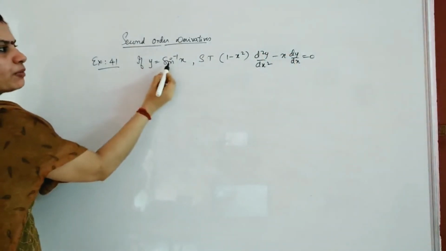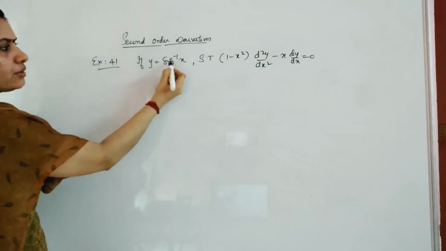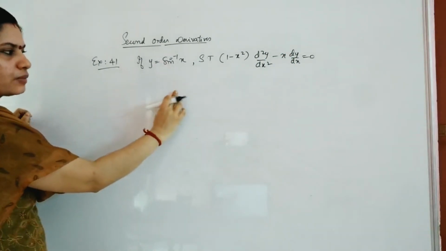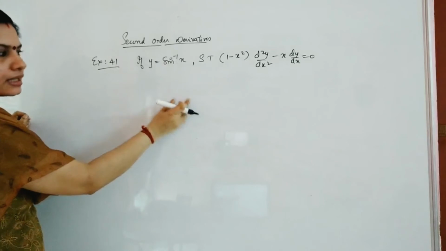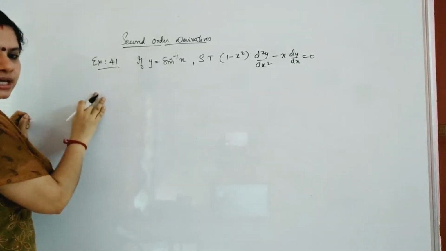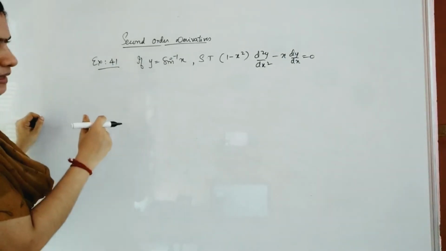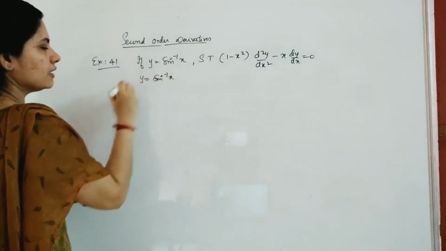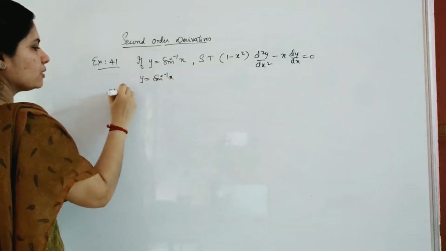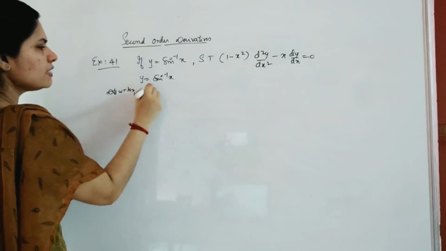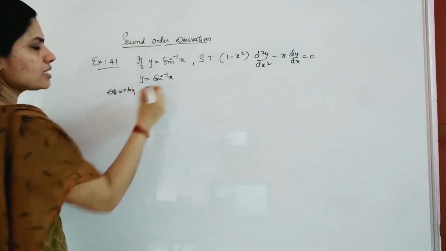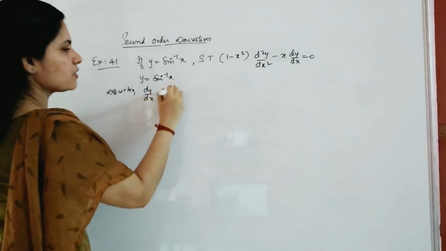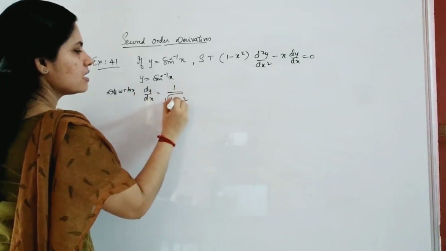Again, in this type of problem, when you have an inverse function, what you have to do is, after differentiating once, you will get something in the denominator. That should be taken to the left hand side, and then we will differentiate with respect to x again. If y is equal to sine inverse x is given, first you will differentiate with respect to x. So this will give you dy by dx is equal to, what is the derivative of sine inverse x? It is 1 by root of 1 minus x square, right?